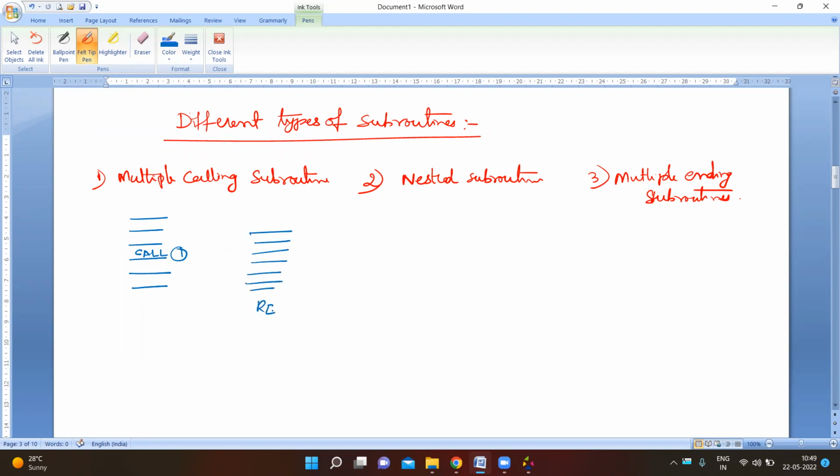Here is a return instruction. After some time, again we call the subroutine program a second time. After some time, again we call the subroutine program a third time, and so on like this. We can call it multiple times. Therefore, whenever the call instruction is executed, the program counter is loaded with the starting address of this subroutine. Whenever the return instruction is executed,